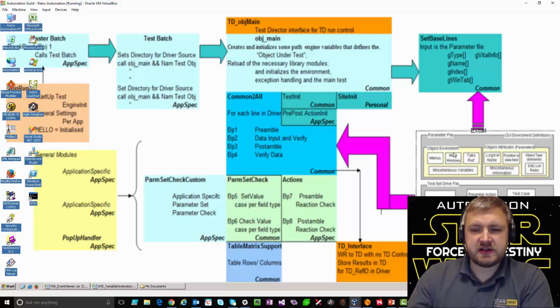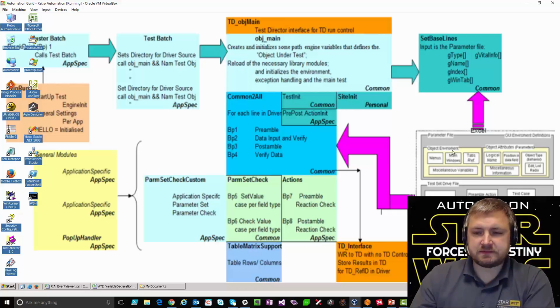Now it's XPath, but back then it would be the primary identifier, which could be an index or a reference within the HTML. Part of that would load all the environment and object attributes into an array, which could be accessed through the framework.